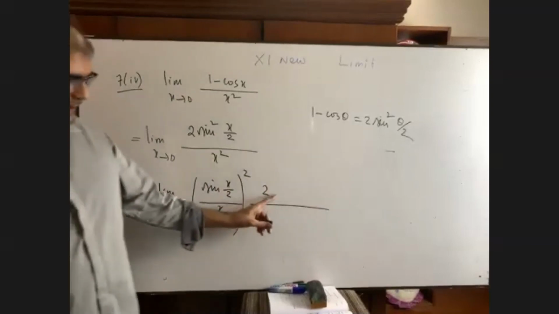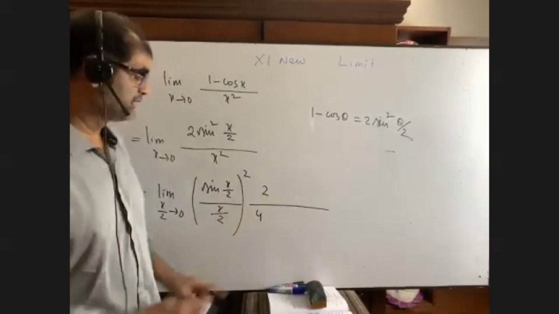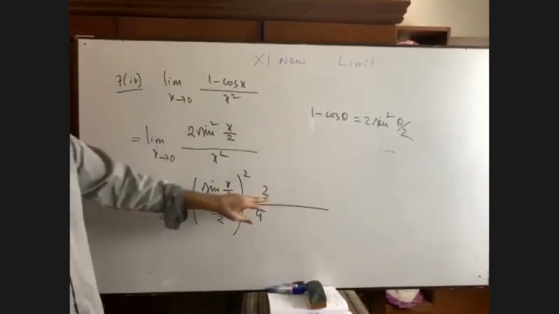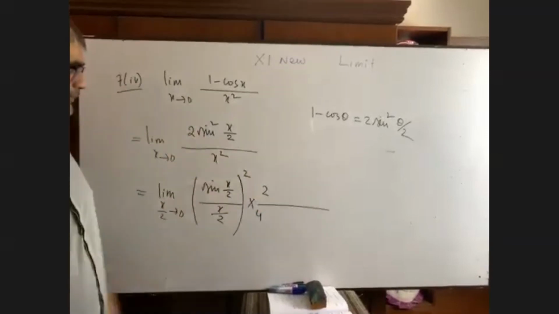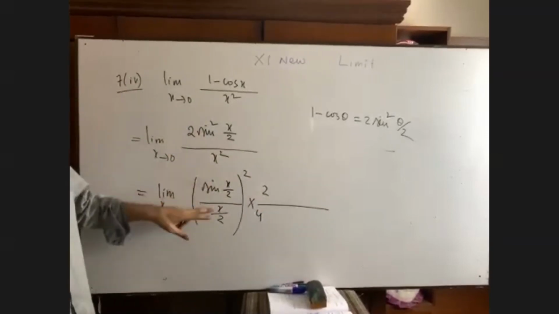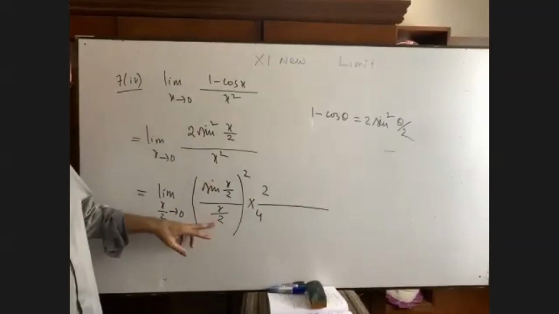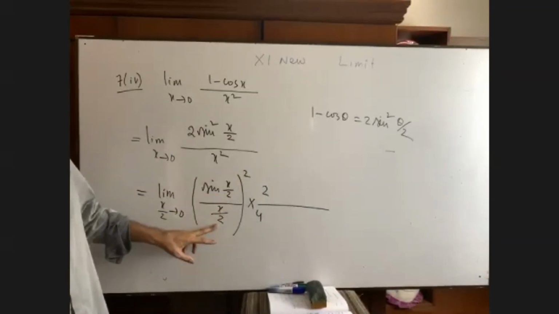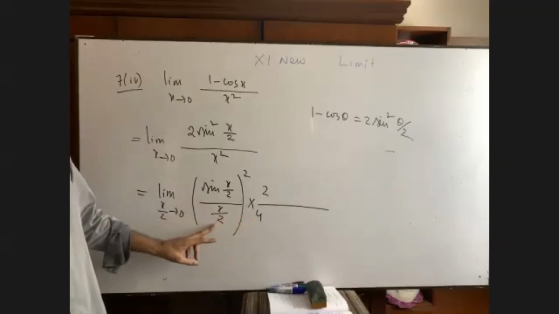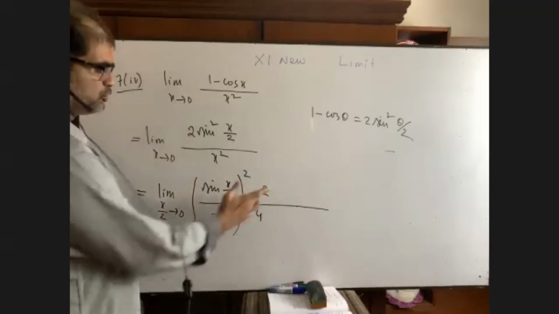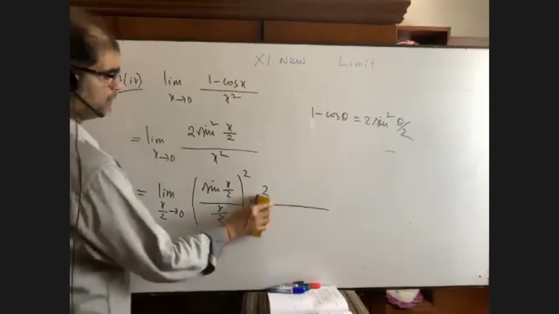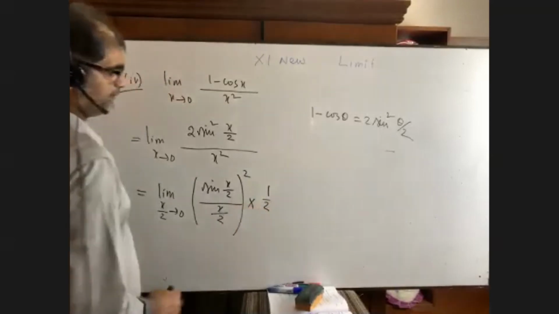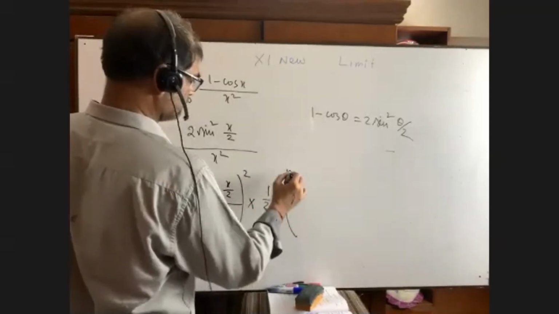Suppose if I write this, please try to understand. This 2 is this 2. It is done. This is x square. This is x square. It is done. It is what? 4. I mean, there is a square. It is 4. So this 4 will be omitted if I take 4 here. So 4 will be omitted, right? So that means 2 by 4 equals to what? Half. So this is half. If you don't get it, please let me know.